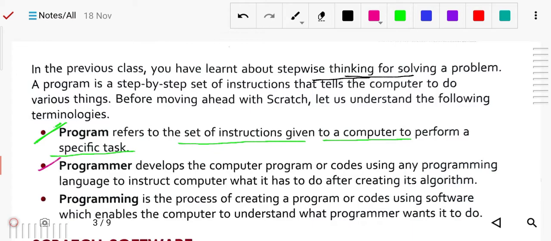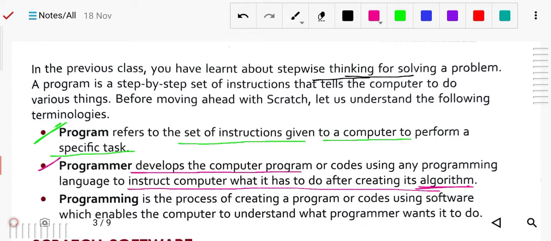Next, programmer: who develops computer programs or codes using a programming language to instruct the computer what it has to do, after creating its algorithm. The new word here is algorithm. An algorithm is the set of rules, the steps of how to do the process and how the instructions will proceed.